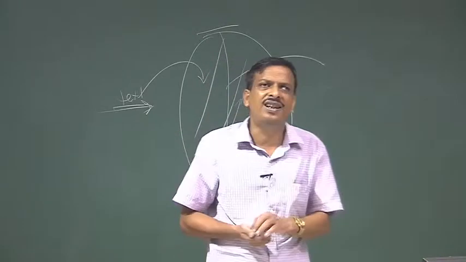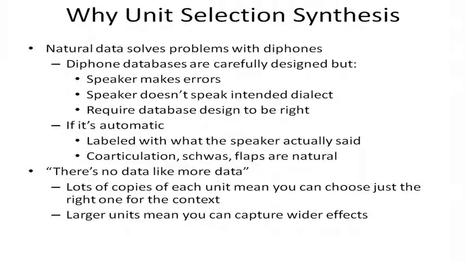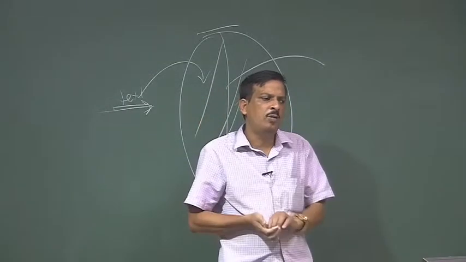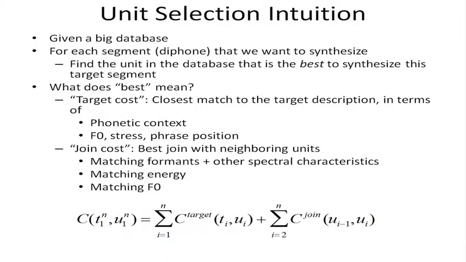So, if it is unit selection, the only problem is how do I select the unit. Given a big database, for each segment that we want to synthesize, find the unit in the database that is best to synthesize this target segment. How is the best measured? Depending on the target cost, the closest match to the